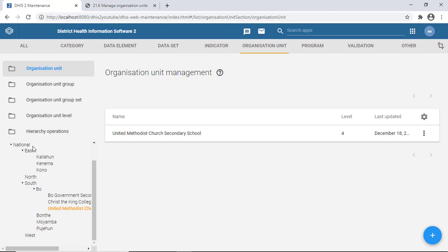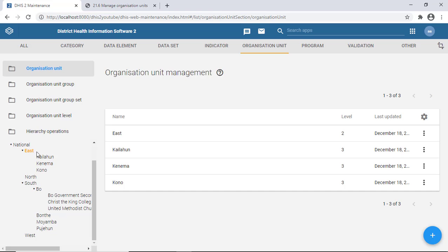So with this org unit sample we have here, we are ready to go and begin with the other section, which next will be creating the user groups, their roles, and